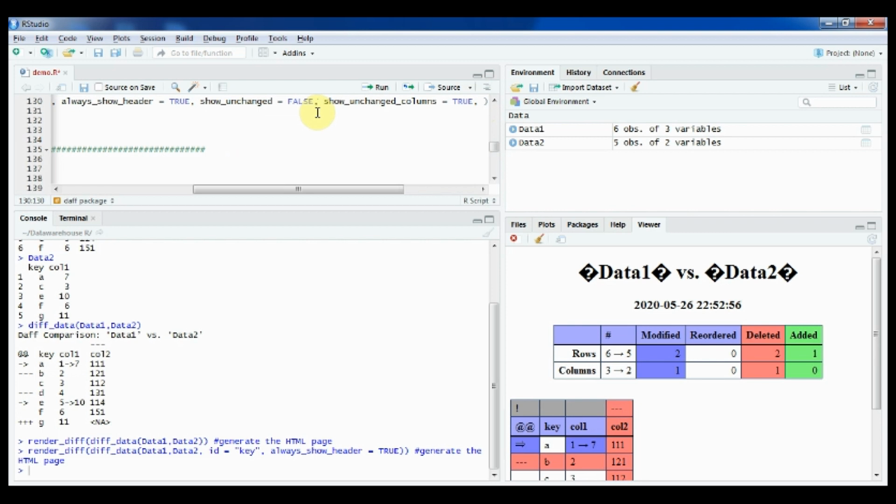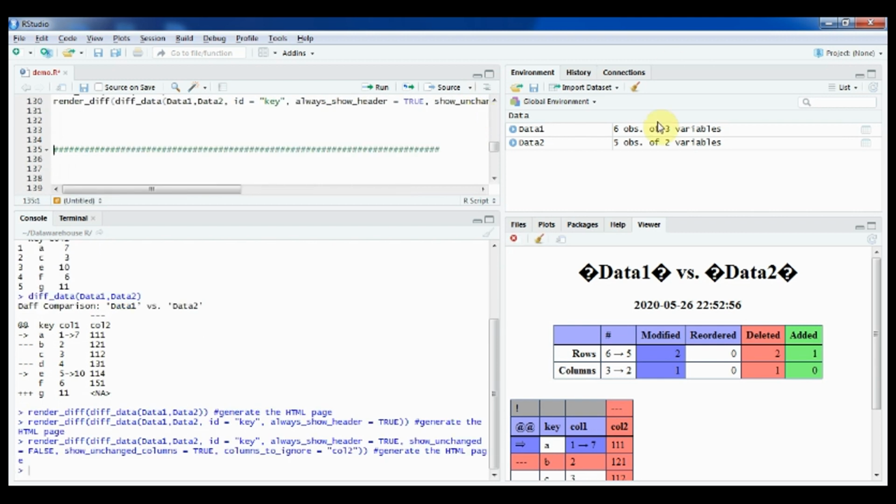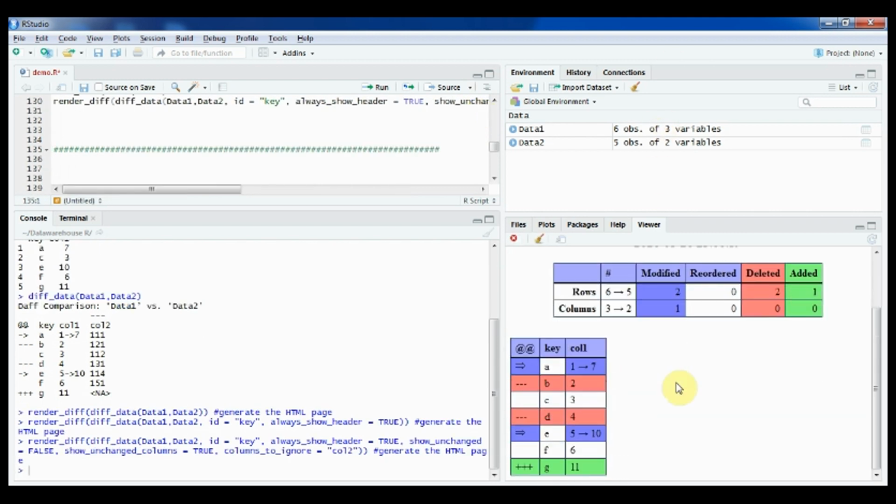We have another important one you can use while dealing with large data sets, that is columns to ignore. When you have n number of columns and you do not need some, you can give which column you don't want. Say in this case, I do not want column 2 to appear in my output. So let's run it. See, in my output, column 2 is not there.